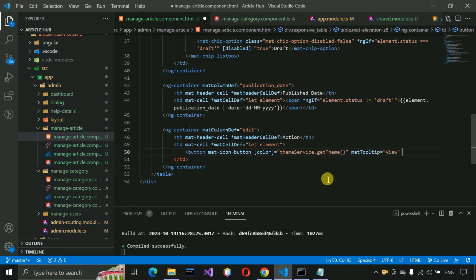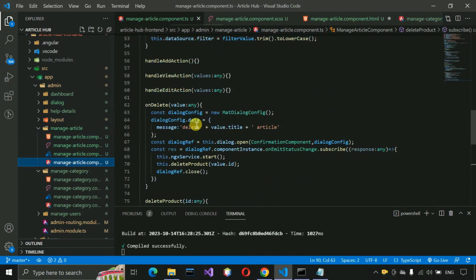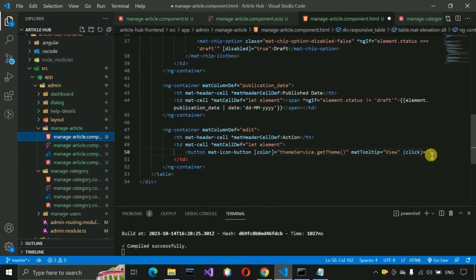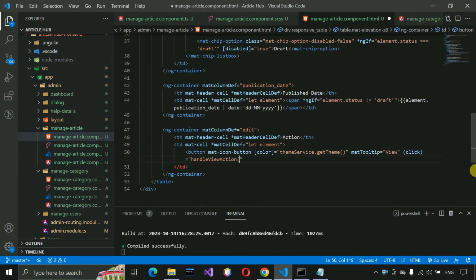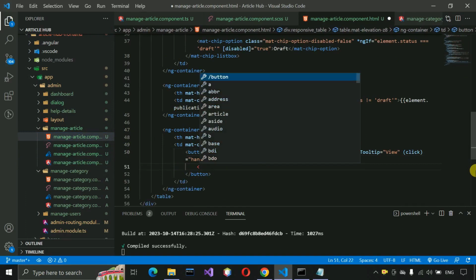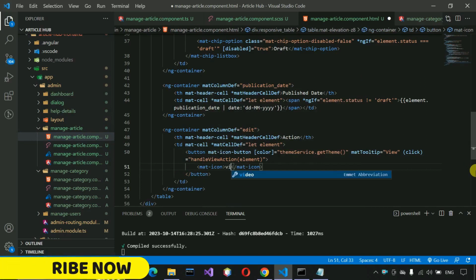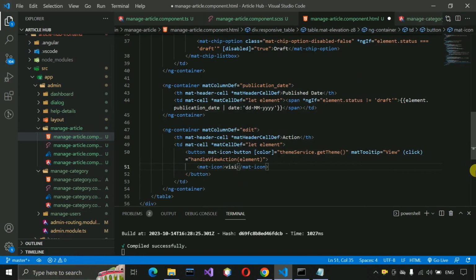After that we need to call a click event, for the handle view action, this one, and paste the name of that method, and inside this one we are just going to pass the element, and then we have to close, and here we need to show the icon, so mat-icon, and here we have to write visibility icon,